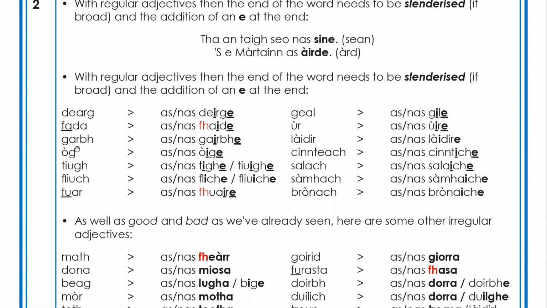Garav, rough. Nasgareve, garav, nasgareve, rougher. Og, nasoike. Og, obviously young. Chew, thick or fat, chew. This actually has 2, so correctly, chew